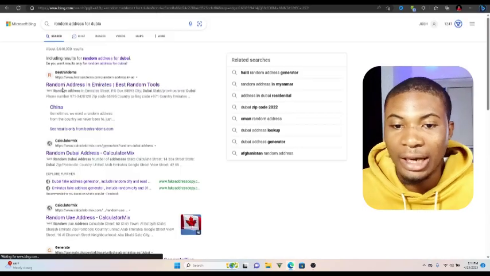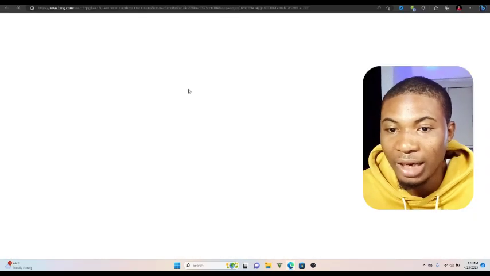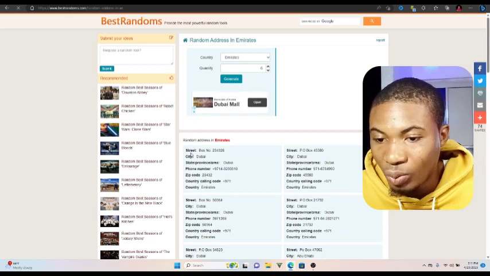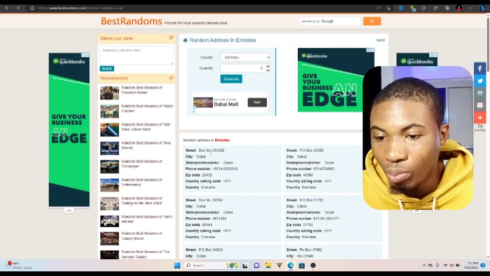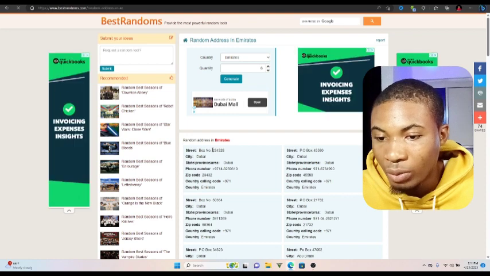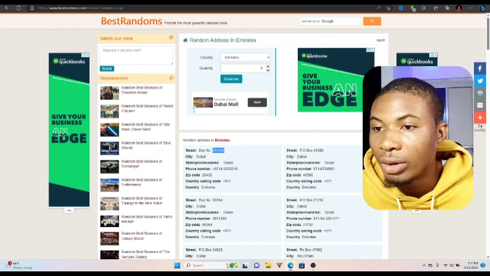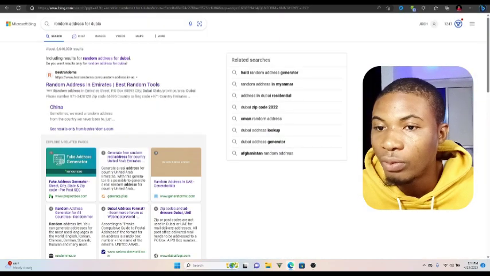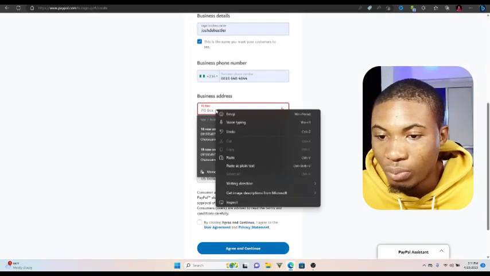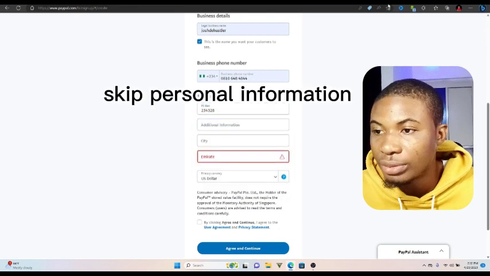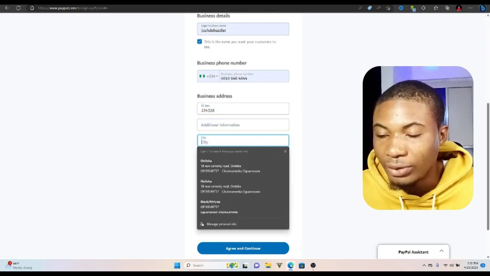So you have to put in that and go over to the first one, random address, then choose the actual address, which is the address PO number, which is this. Copy this number, go to the form to paste that PO box number, additional information, Emirates,